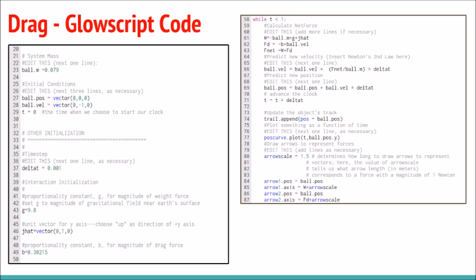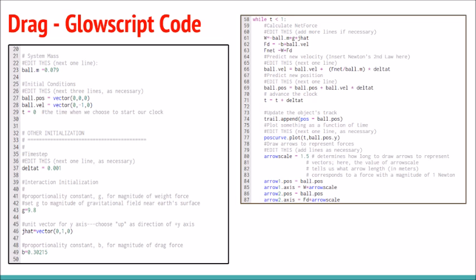This can be represented by the equation where b is the proportionality constant, the magnitude of the velocity is the speed, squared, times j hat, which we defined earlier as being in the positive y direction. Newton's second law and the position update function allow us to predict the future position of the object as time progresses. I predicted that with the introduction of the drag, the model would show a reduced gravity effect and exhibit